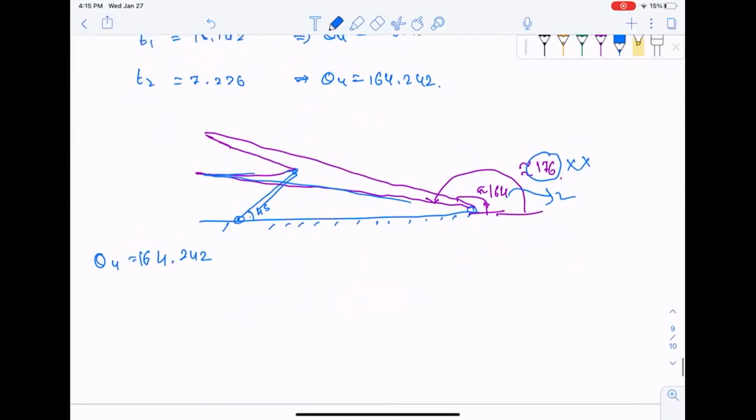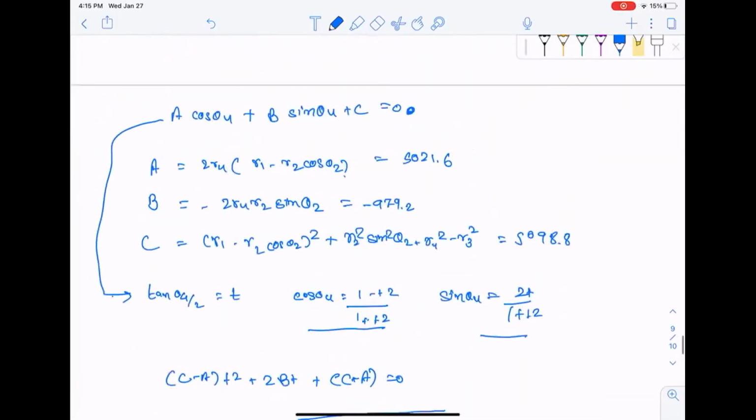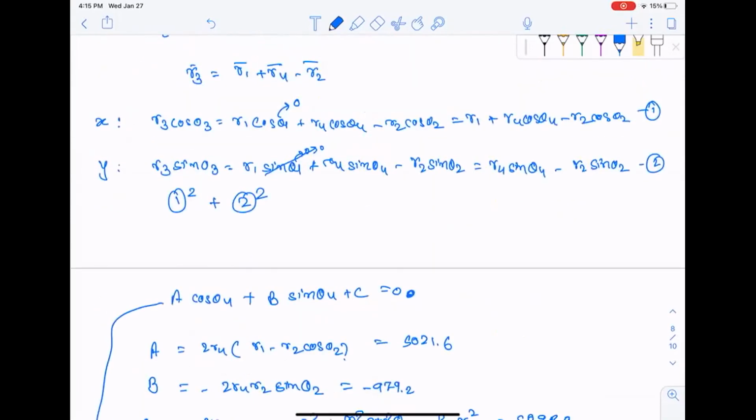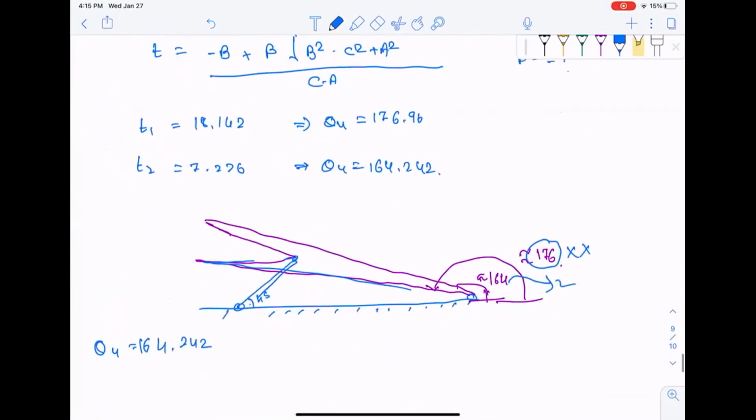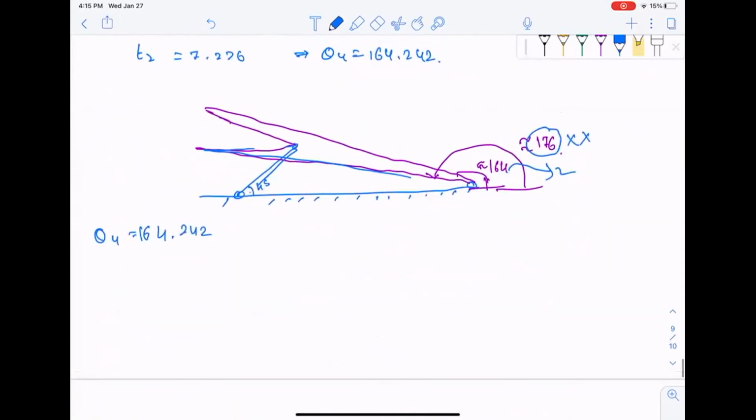And once I get this, I can go back and get these two equations, for the first and second. So my equations are, I will write them down again. R1 plus R4 cos theta 4 minus R2 cos theta 2 is equal to R3 cos theta 3. If I put the value of theta 4 and the remaining parameters in this equation, I will get cos theta 3 as minus